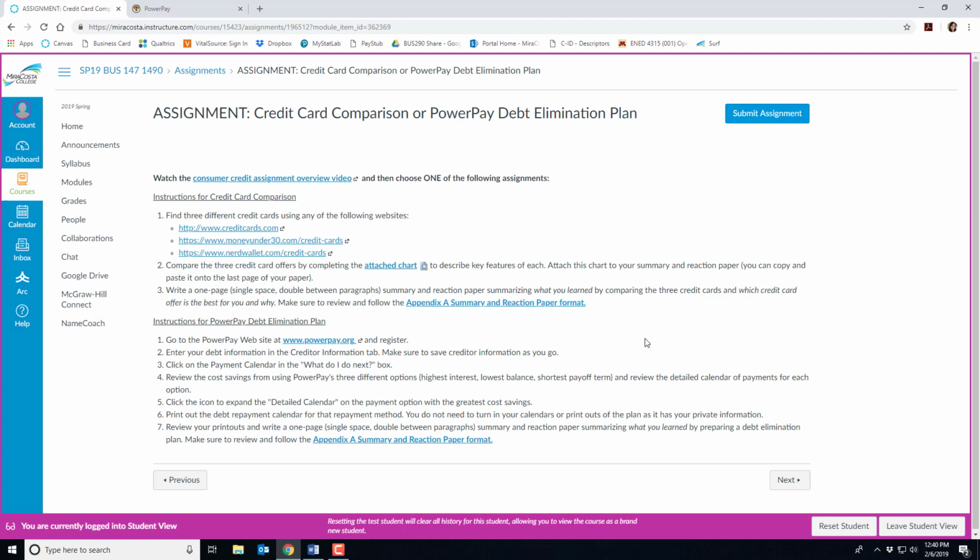So for the consumer credit assignment, there's actually two options. You can either do a credit card comparison, where you're going to go to one or more of these websites and find 3 different credit cards and compare them. So I like these 3 sites because it allows you to do a side-by-side comparison of the credit cards so that you don't have to go directly to a credit card company's website